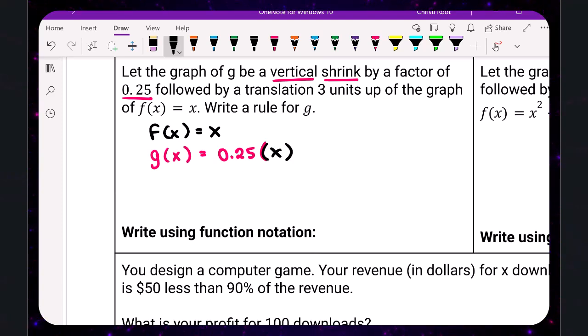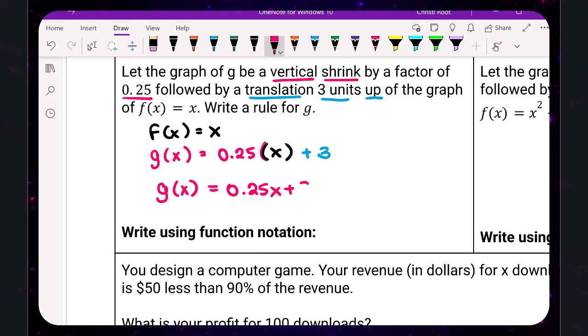All right, so this one's actually a little less complicated in some ways. So that's the first one. I'm going to change colors, and then I'm going to apply the translation of 3 units up. So if I want to go 3 units up, I can just simply add 3 at the end of that function. So if I can simplify that just a little bit, I'm going to write g of x equals